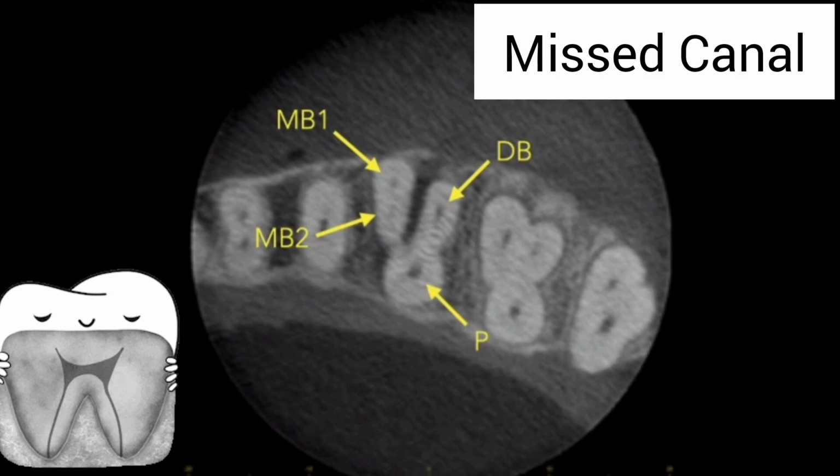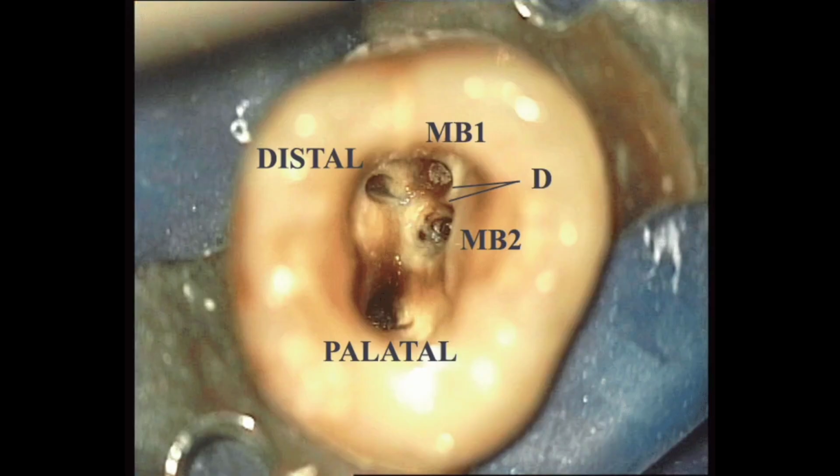In case of missed canal, sometimes it's a curious case of MB2. One of the most commonly missed canals is MB2 in upper molars. Now majority of us think of MB2 as an accessory canal. This is the only reason majority of us miss the canal. The canal that is present in 93% of the cases is not an accessory canal. It is always a main canal.